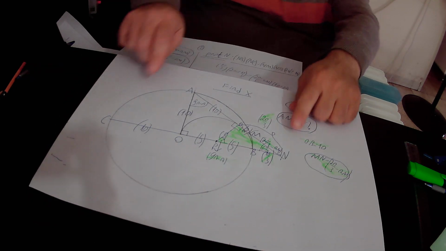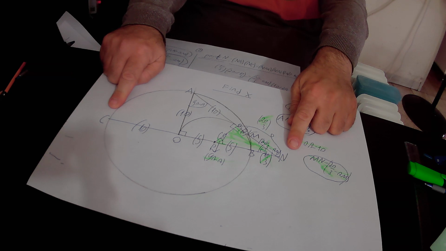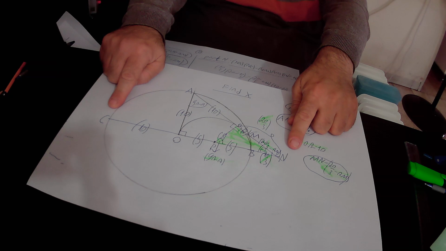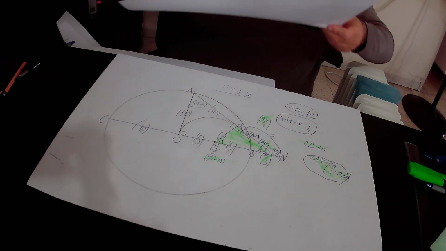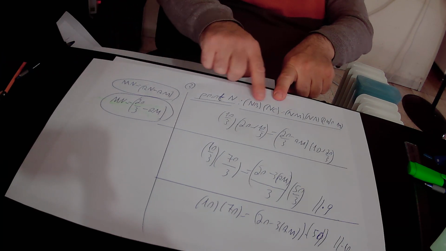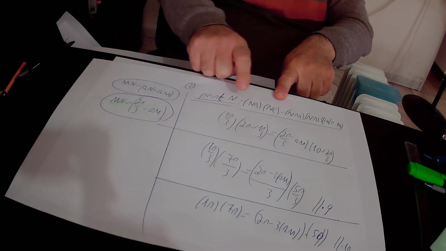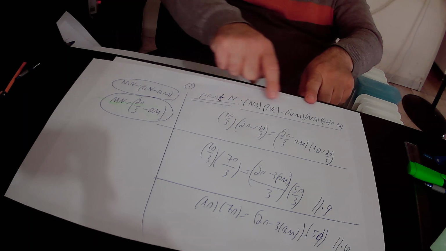NC in total equals 10 plus 5 plus 5 plus 10 over 3. Again, NC in total, or CN in total, equals 10 plus 5 plus 5, that is 20, plus 10 over 3. So in total, CN or NC equals 20 plus 10 over 3. Again, NC equals 20 plus 10 over 3, and NB equals 10 over 3,